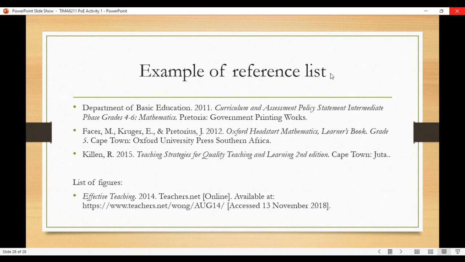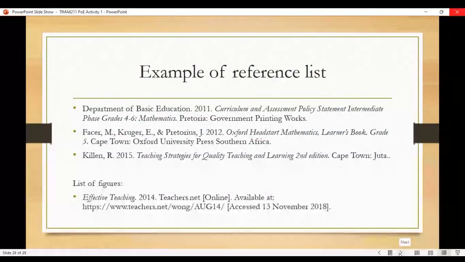Here's an example of the reference list. Here is the proper reference of the CAPS document. Please make sure that you use the proper referencing here, sorry. Remember, reference list at the end of your PoE.